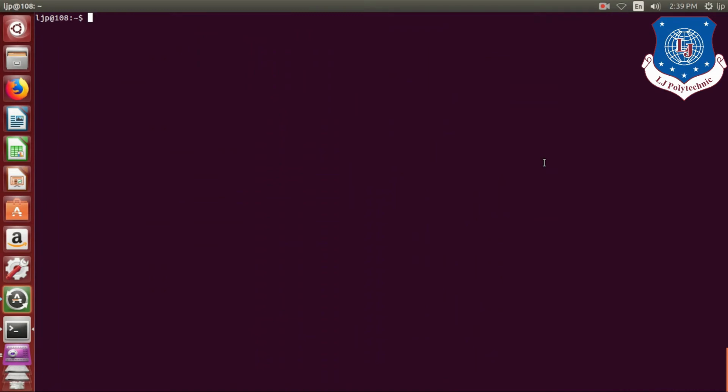We will now understand how to create directories in Linux. The command which is used to create directory is mkdir and syntax for the same is mkdir space directory name.